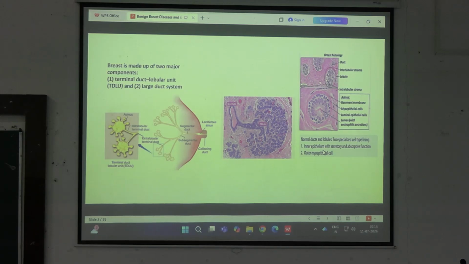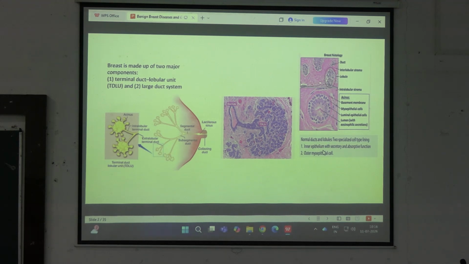From this epithelial proliferation and the lobular proliferation, there will be formation of carcinomas. Initially there will be benign proliferations, and if this goes beyond, including genetic mutations, there will be increased proliferation of epithelium, and it will ultimately lead to carcinomas. From this epithelium or the TDLU unit, it will give rise to multiple carcinomas and the other proliferating breast diseases.